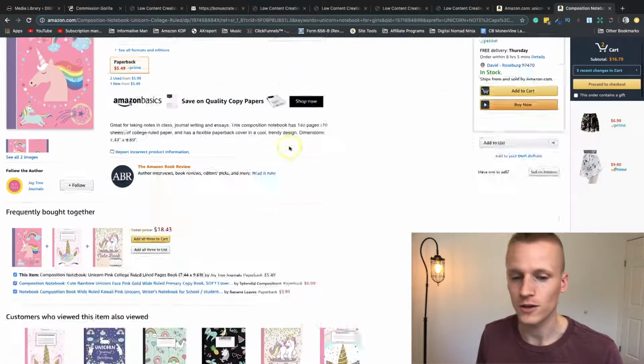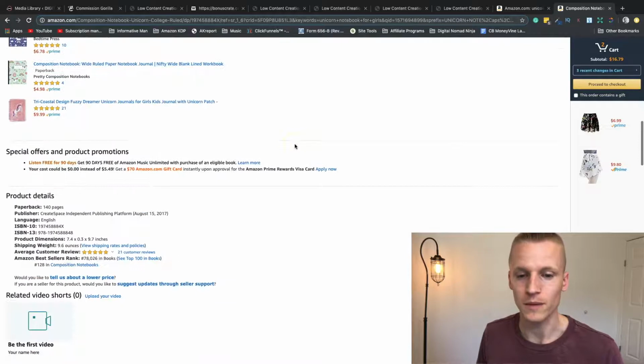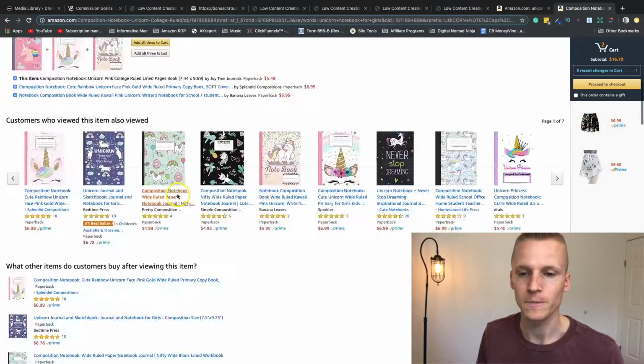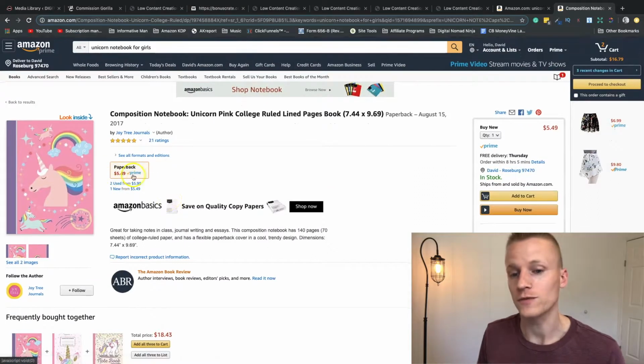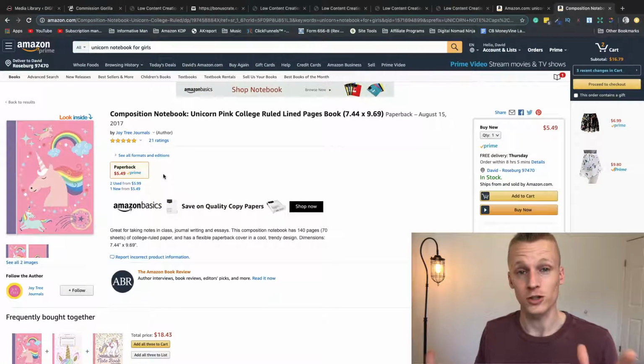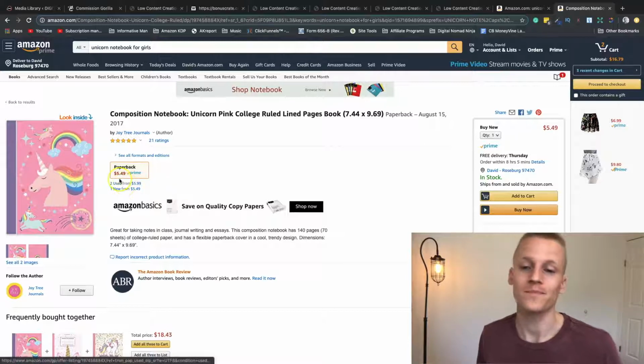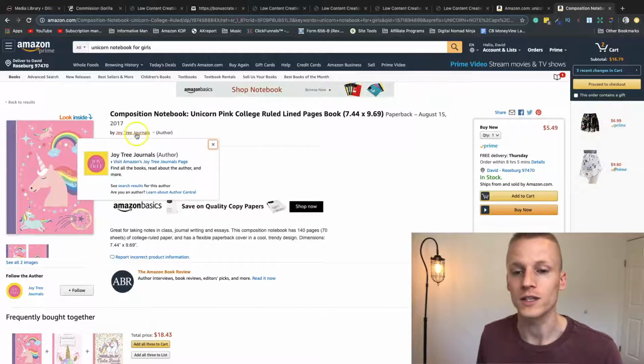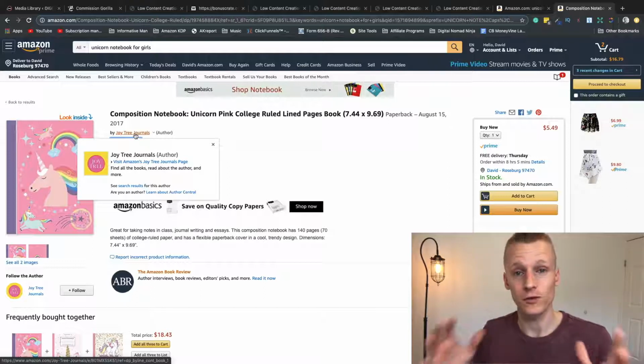This book right here, I'm actually just doing this in my head, but it's ranked about 78,000. And they're selling it for $5.49, meaning they're probably making about $1.20 off of this. So I would say that just with this one notebook, probably about $20 or so a day. Now, the key though is creating tons of different books